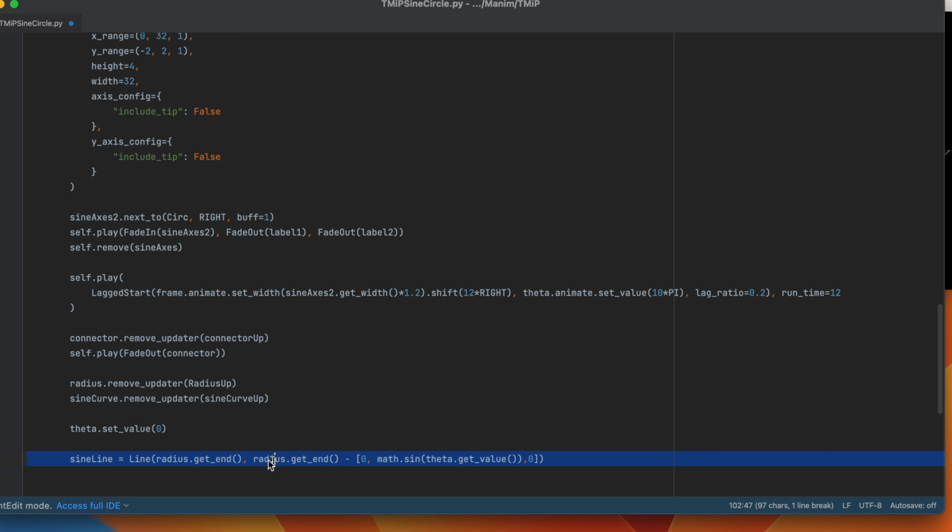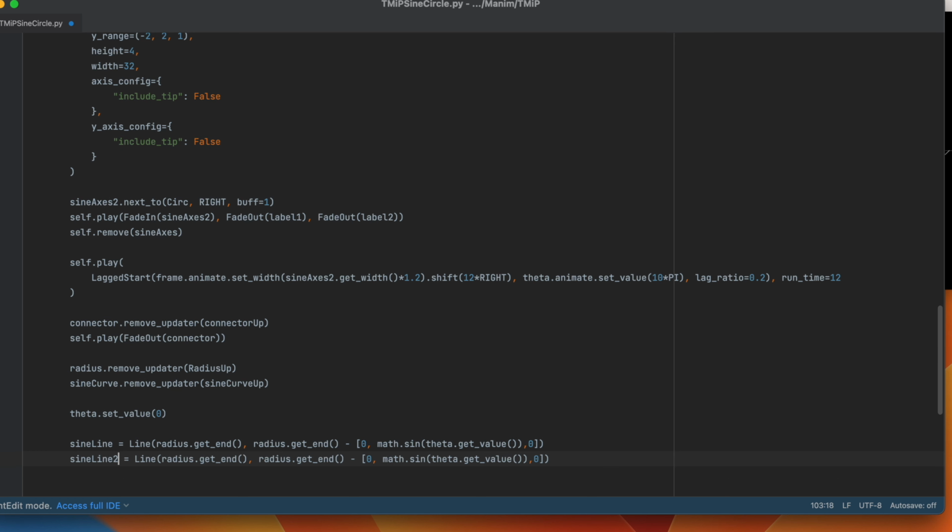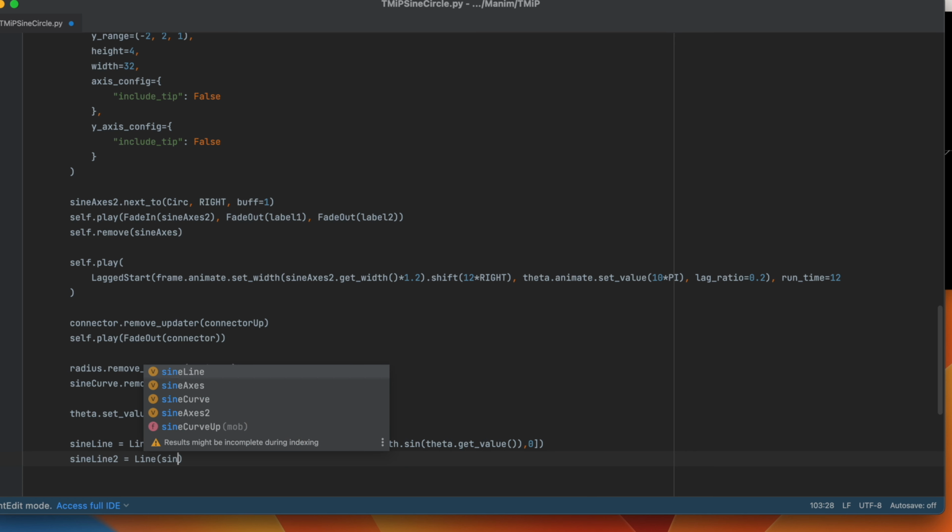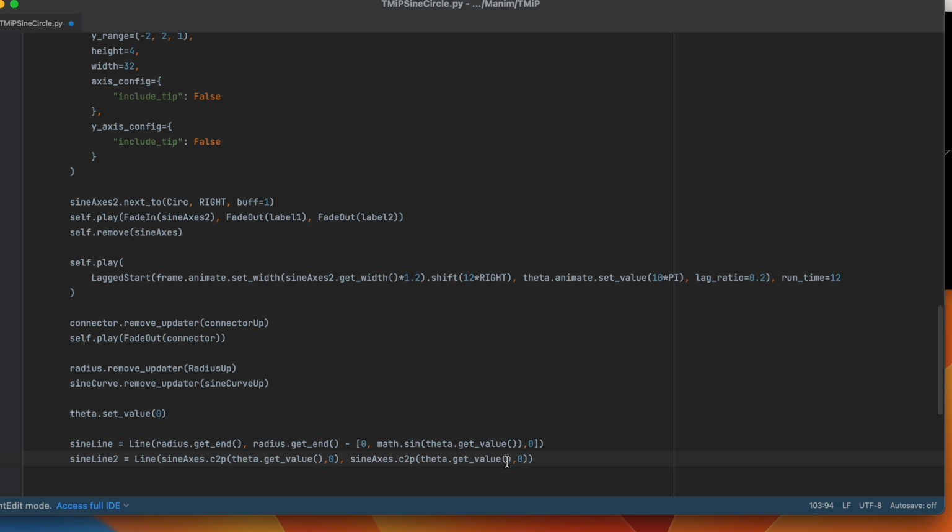I take the same thing, the sine line. I'm going to draw sine line 2. Now this one's going to be over in my axis system. So it's going to start at sine axis dot C2P. And where's it going to go? It's going to start at 0. No, it's going to start at the theta angle because that's that. And its y coordinate is 0. So it starts there. And I need it to end at theta, but not 0 anymore. Now I'm going to do math.sine